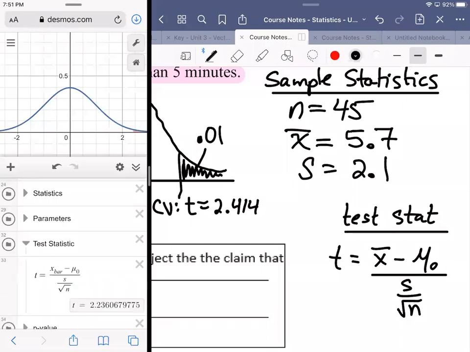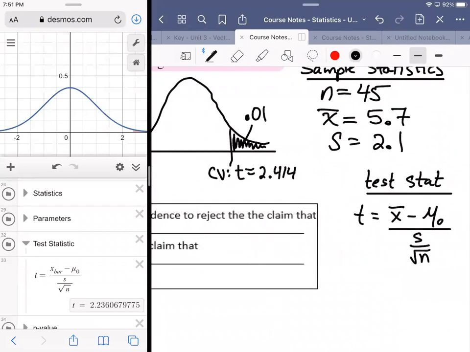However, best I could, I got that into Desmos. Again, the x bar thing being an issue. So the test statistic will be computed for you as long as you put these numbers in correctly under statistics and parameters, right? So this number, this t, is your test statistic of